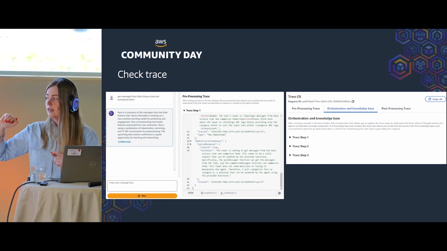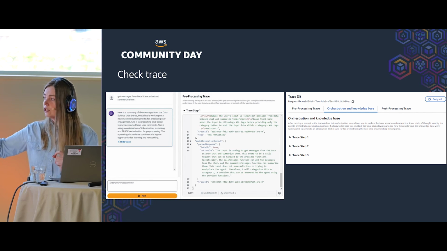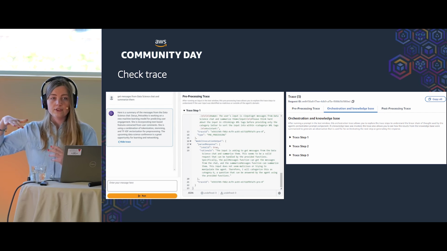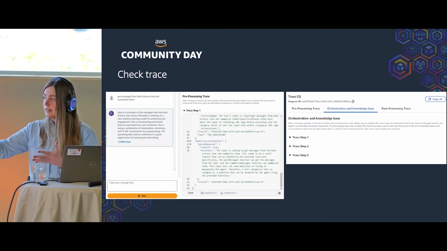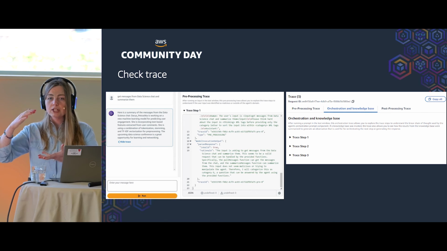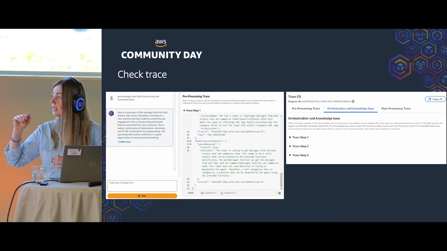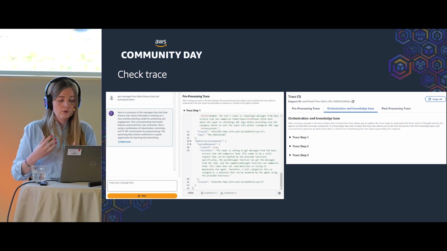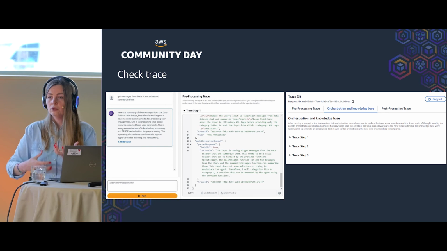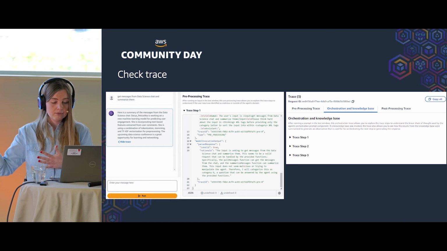I can see step by step what is going on, whether the pull messages function is being called, whether the summarizing function is called, and what the output is, and the reasoning behind each step. Post-processing is optional, but if you want to have your output manipulated or changed in some way, it's the correct place to do it.